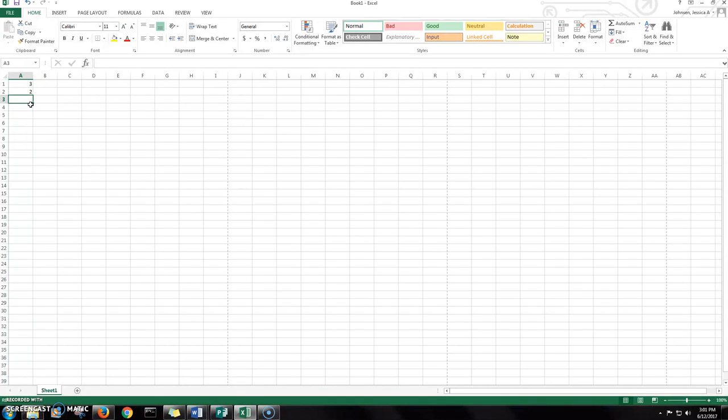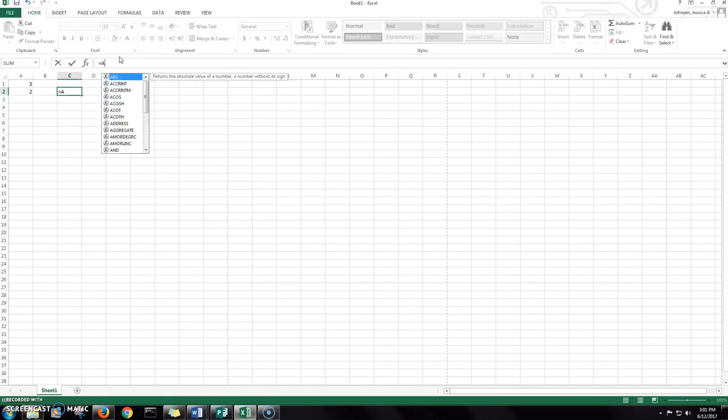Let's get rid of that. Let's just, if you had, say this column went down to like the 100th, okay, to A100, all full of numerical values, and you wanted them to be added up at the end, instead of you coming here to your formula bar and typing in, you know, equals A1, which this is another way you can do it. You don't have to do the parentheses, plus